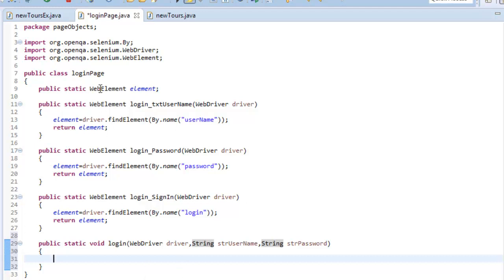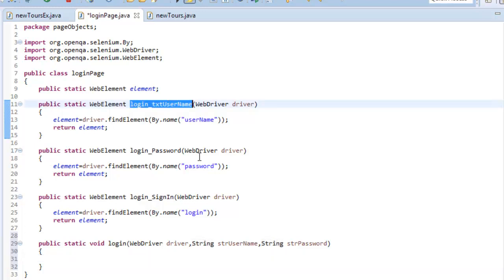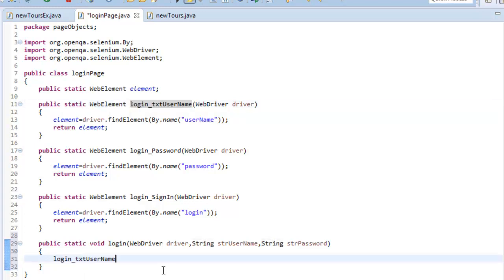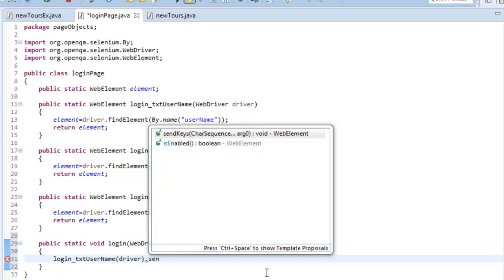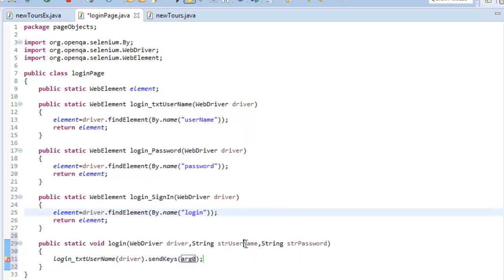So the same operations we will be doing here. This is the login page, with whatever driver I get, I will pass it here, and then dot sendKeys of whatever username I passed from the main test script.